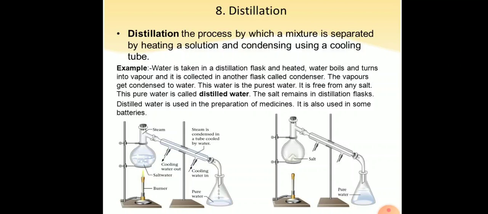Now, before we move on to this process, I just wanted to tell you about condensation. What is condensation? It is a process in which the vapors that have been formed after the evaporation process come in contact with a cold surface and get converted into liquid. This process is known as condensation. Condensation and evaporation simultaneously take place in the process known as distillation. Okay, so you can see the assembly which is placed over here.